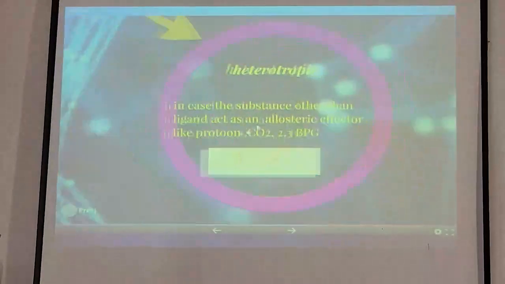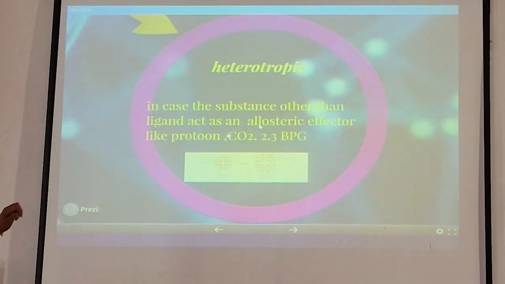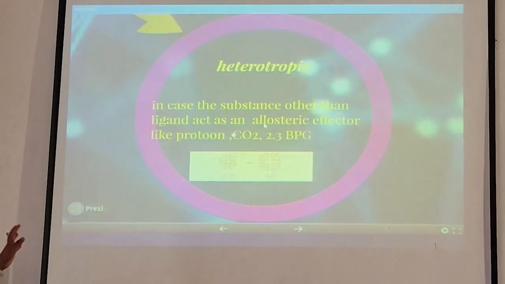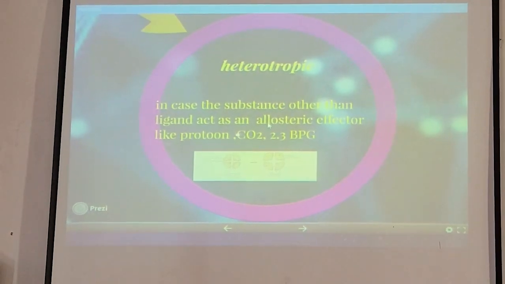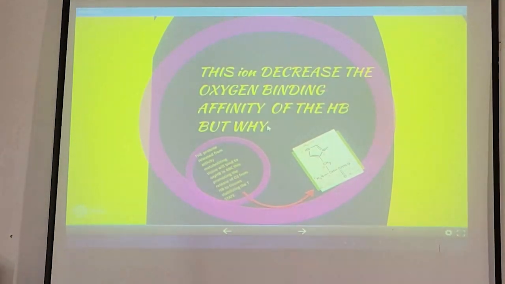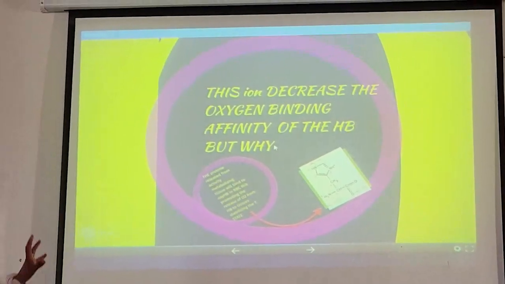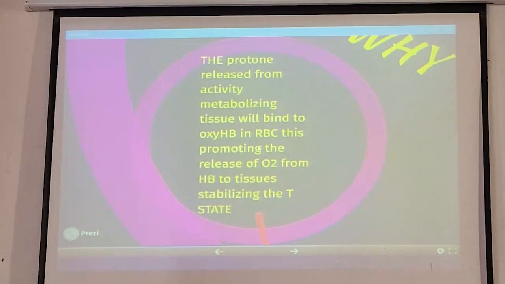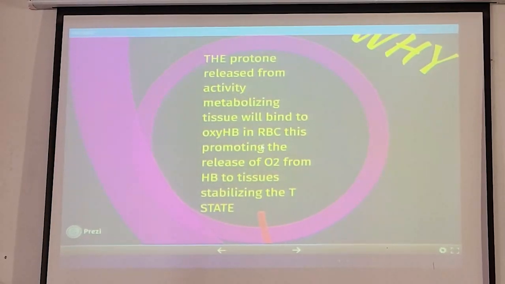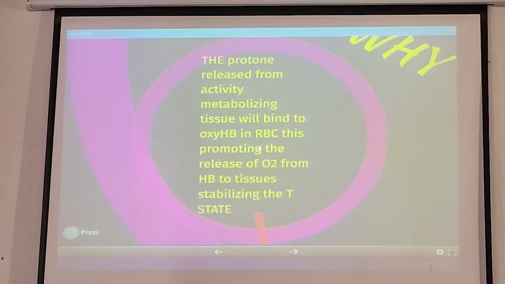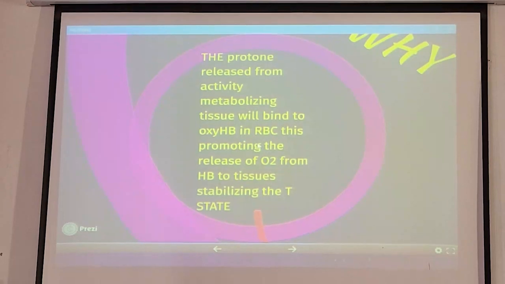In the heterotropic case, substances other than the ligand act as allosteric effectors, like protons, carbon dioxide, and 2,3-bisphosphoglycerate. In the first one, the protons decrease the affinity for oxygen in the hemoglobin. How do the protons do that? The protons released from the actively metabolizing tissues will bind to oxyhemoglobin in RBCs, and this promotes the release of oxygen from the hemoglobin to the tissues,